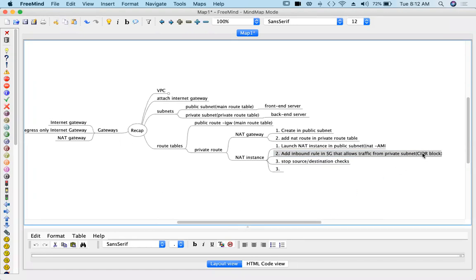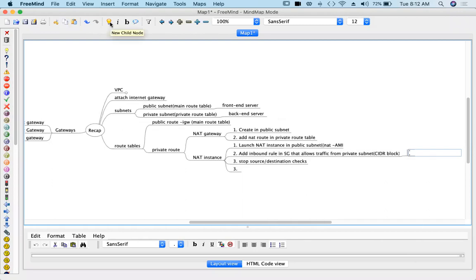So that means you have to add this CIDR block, right? So let us say all traffic into the CIDR block. The CIDR block I have used is 170.168.60/24.